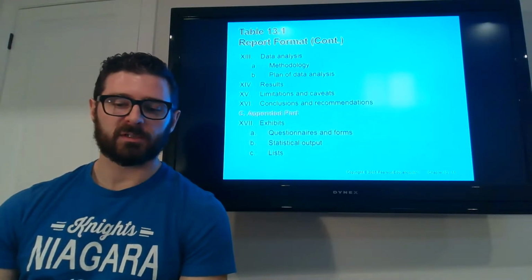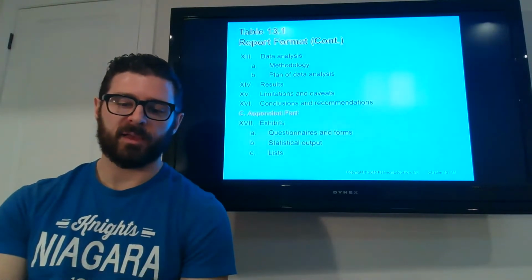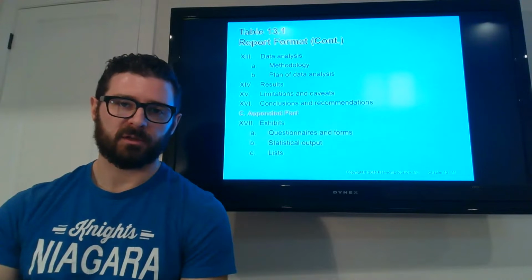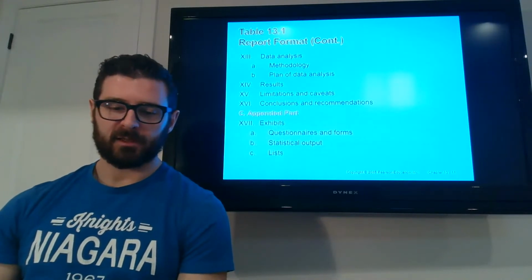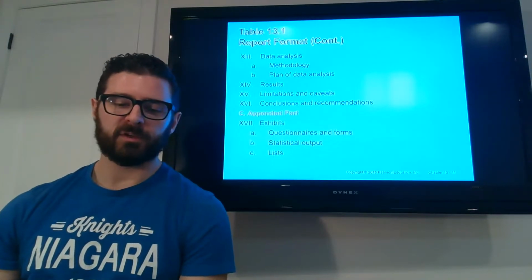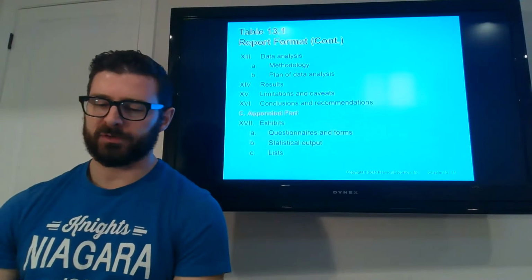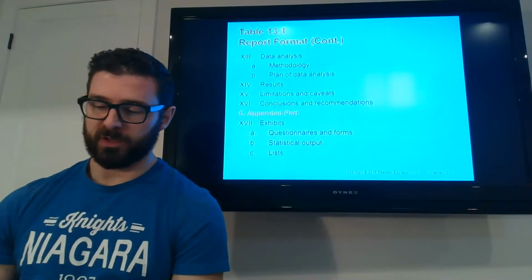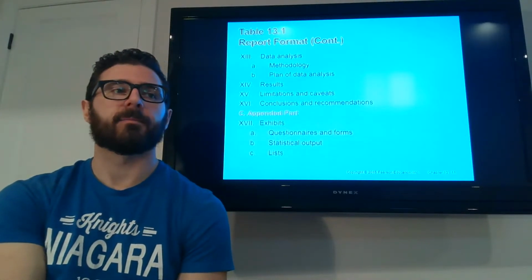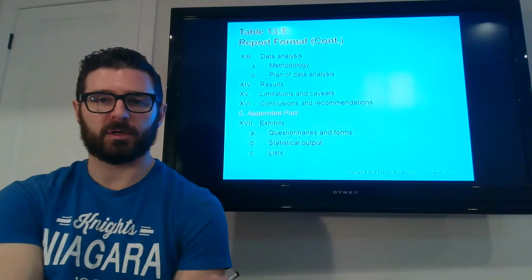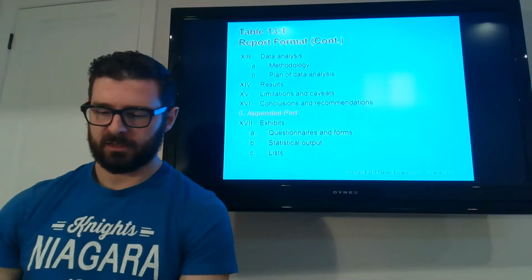Followed by the conclusions and recommendations. So here, after you've gone through all the analysis, you come to a conclusion to finish off the document. And then C, the extra part, you have your exhibits. So what actual questionnaires did you use? What forms did you use? Showing those, maybe the statistical output, any lists, and the other content that somebody might want to see if they were trying to get a better idea of how you collected the actual information.